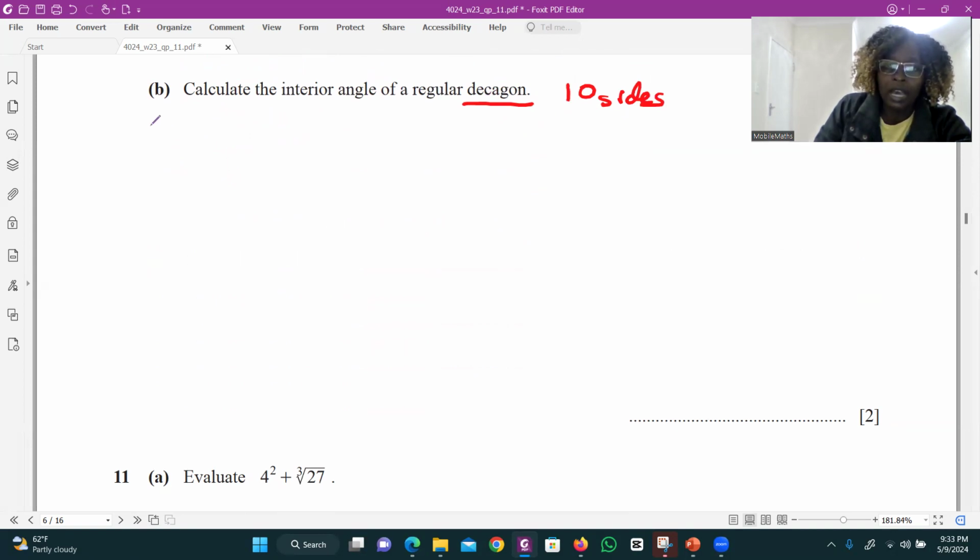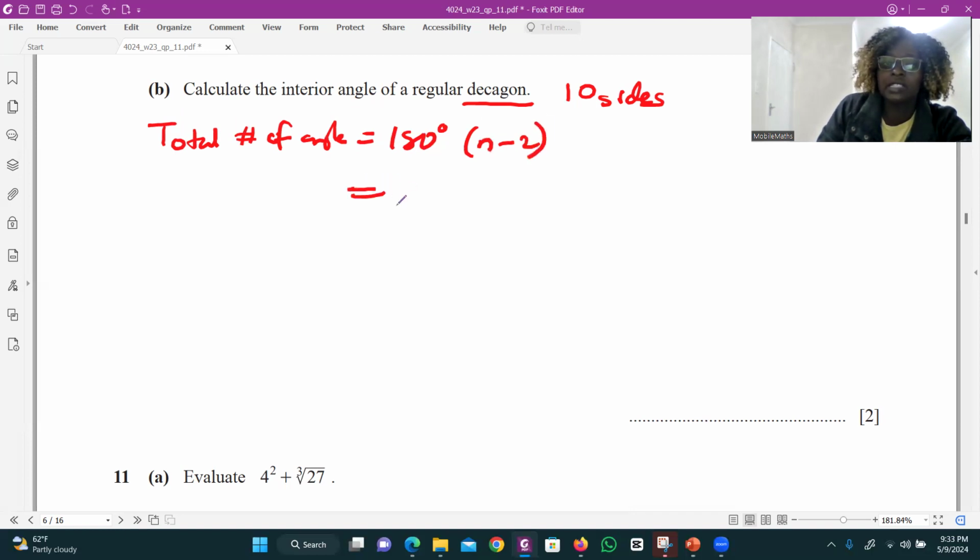The total is equal to, it's like I'm summing up all the angles, 180 degrees times n minus 2. Our n in this case is 10, so it is going to be 180 times 10 minus 2, then we get 180 times 8. If you multiply this, I get